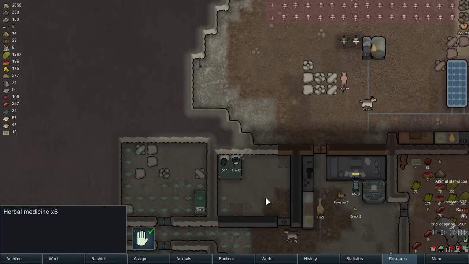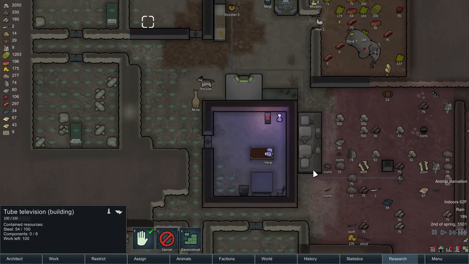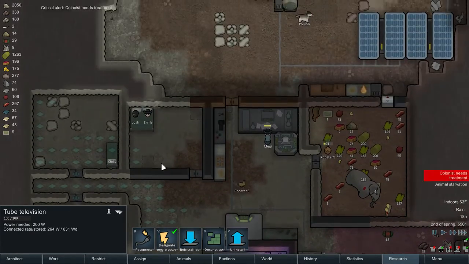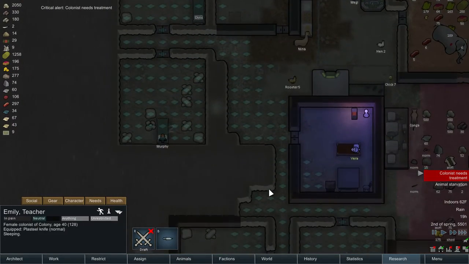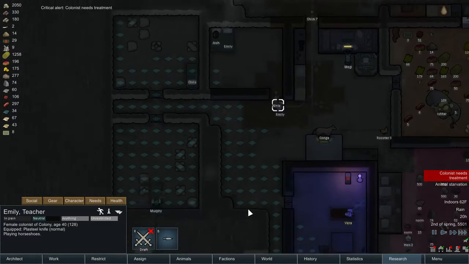Let's see here. Emily's TV is being built. We got Vera's TV, and Vera's TV is, in fact, viewable from her bed. Emily's TV should be as well. Yes, I know Emily needs treatment, and we are treating the crap out of Emily right now. Because, girl...